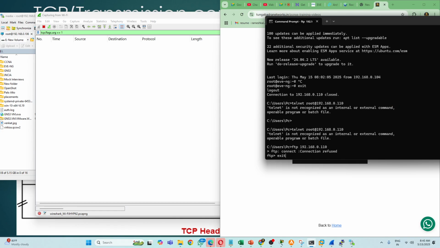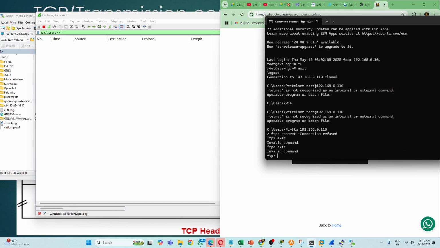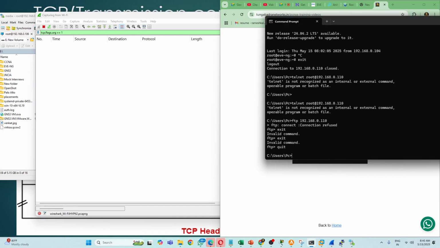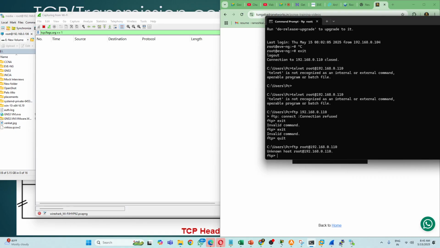It's connection refused. Okay. What is this? Quit. Okay, fine. FTP username root at 192.168.0.1110. Root is not a host. Okay, I'm in FTP. Okay, quit.